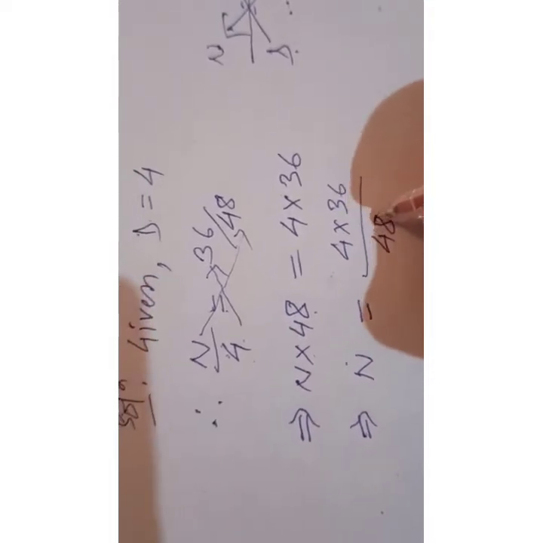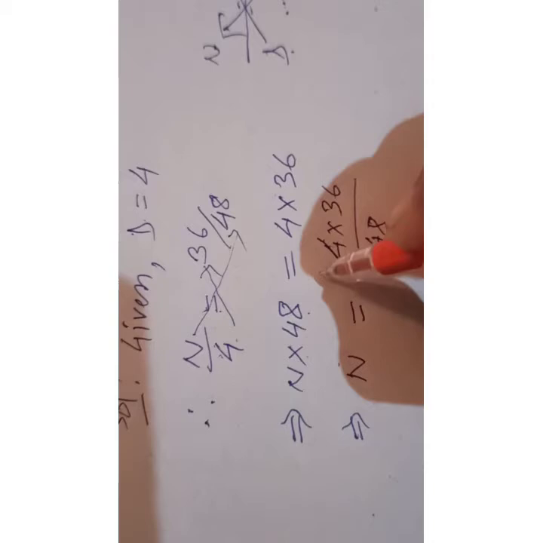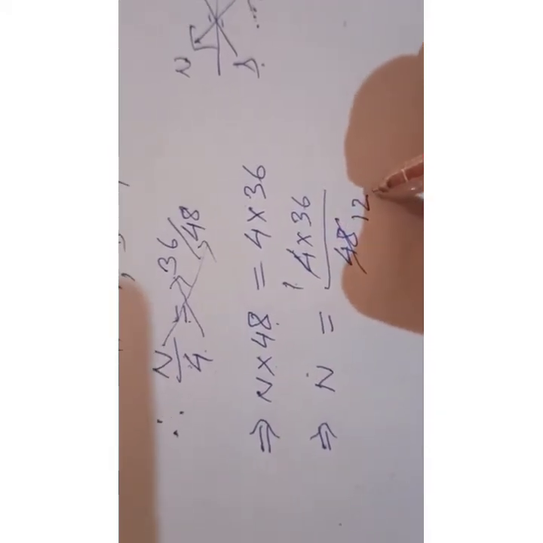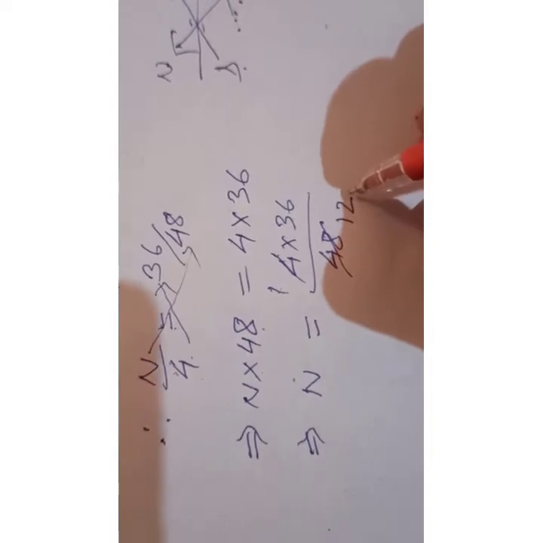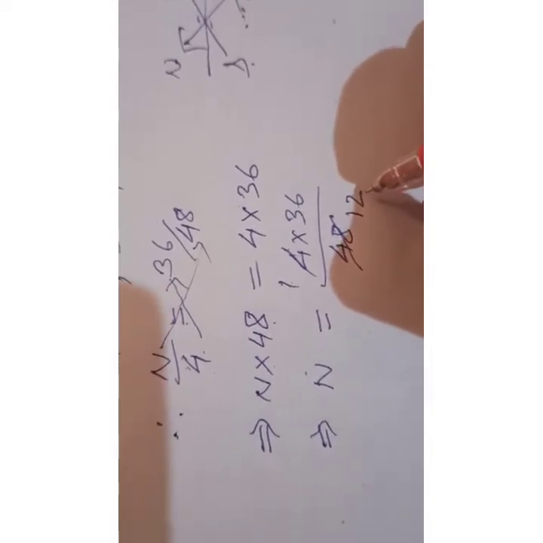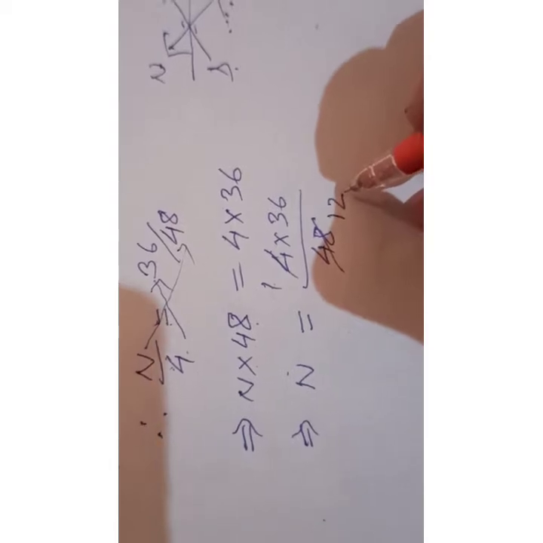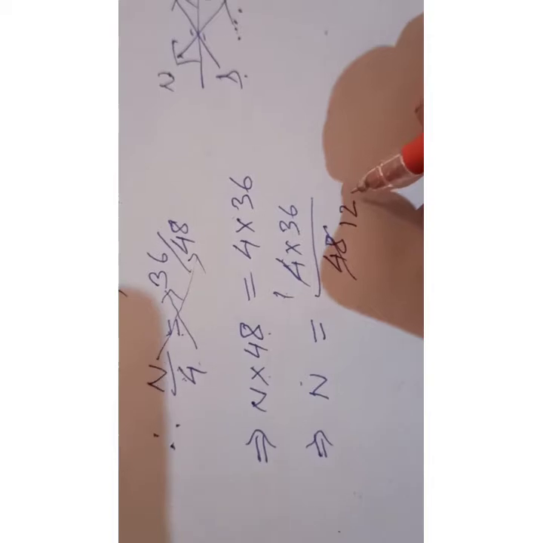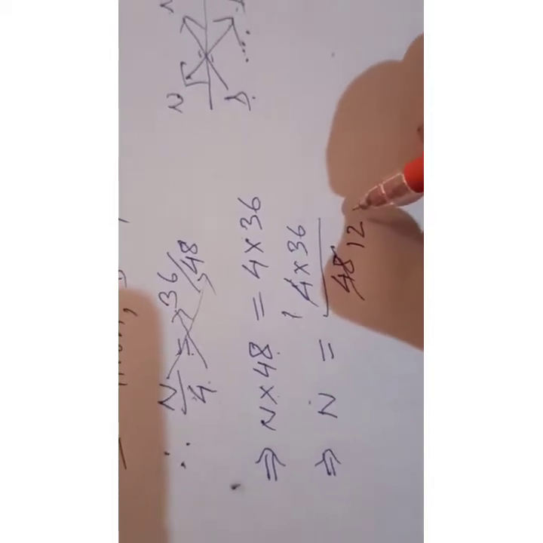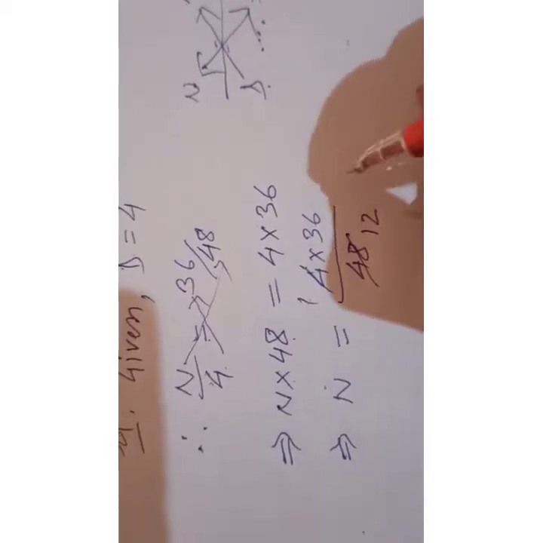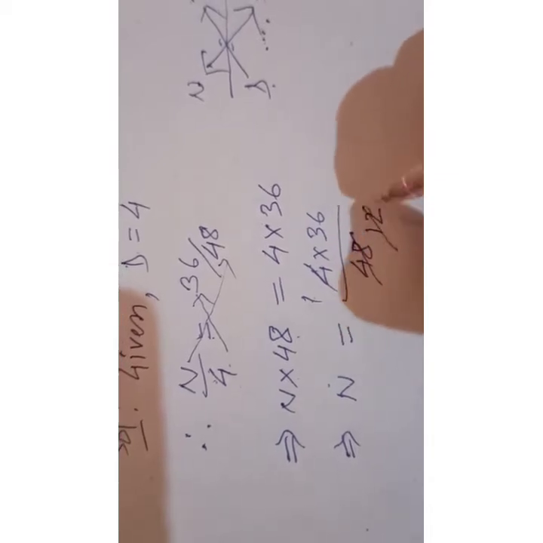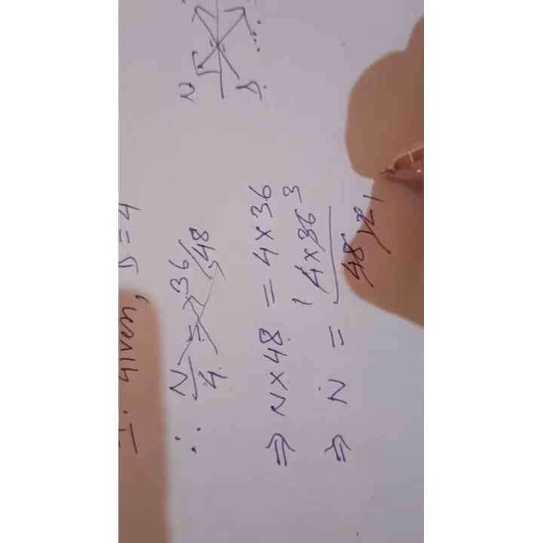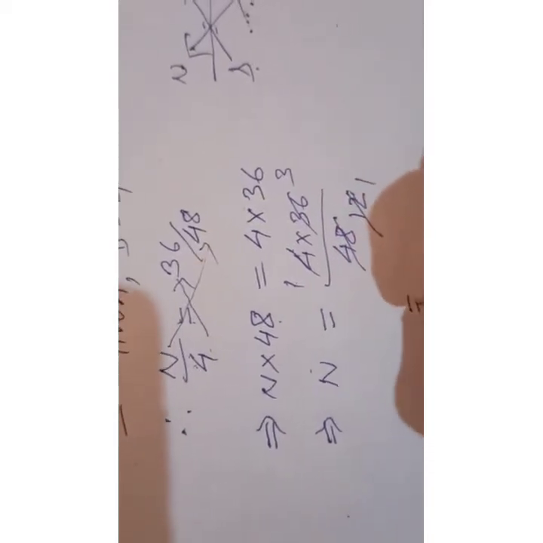Now can we divide this one? Yes, 1 4s are 4, 4 12s are what? You need to know that table properly. You should memorize the table. If you are not memorizing the table, then it will create problems. So each and every time memorize your table so that you can solve this type of problem very easily. Now here see 1 12s are 12, 3 12s are 36.